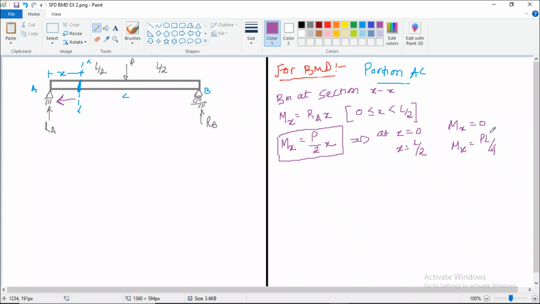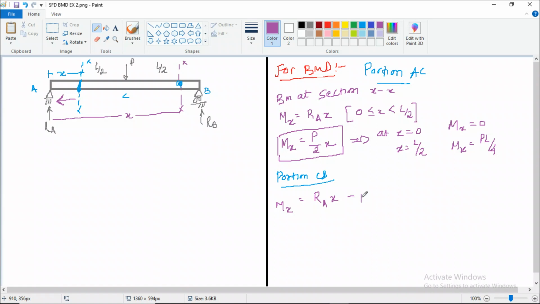Now again moving to the second portion, portion CB. Again we consider section XX from point A. Let us say this is the distance x from point A. So for portion CB, we need to again take bending moment at this section XX. So that will be again Mx will be equal to, we need to take moment of all the forces which are there on the left hand side of this section. So first will be Ra multiplied by x